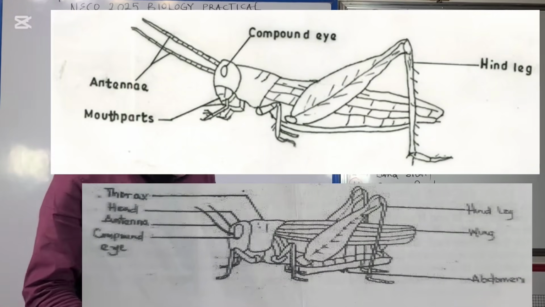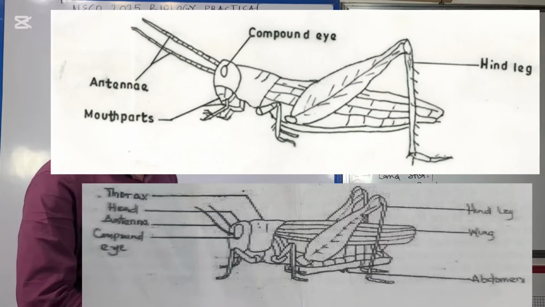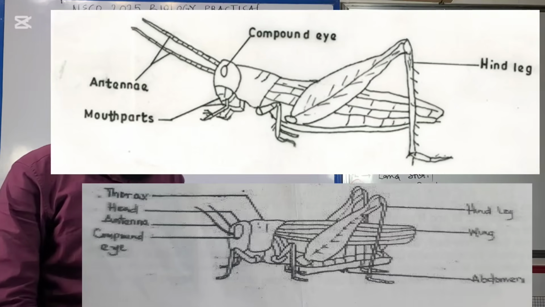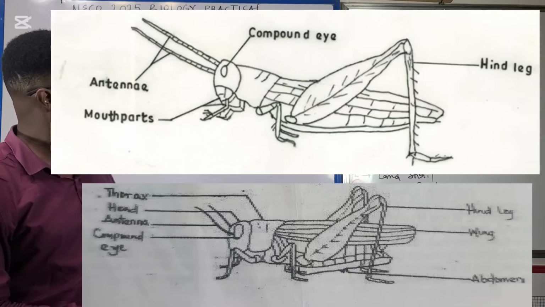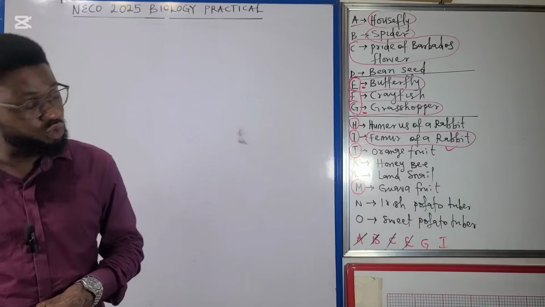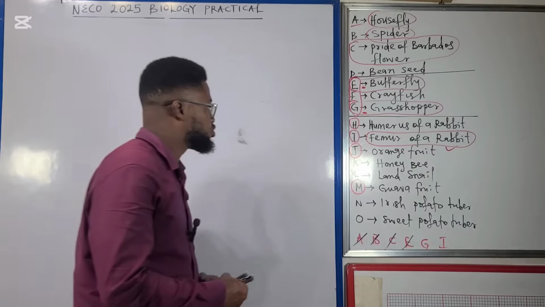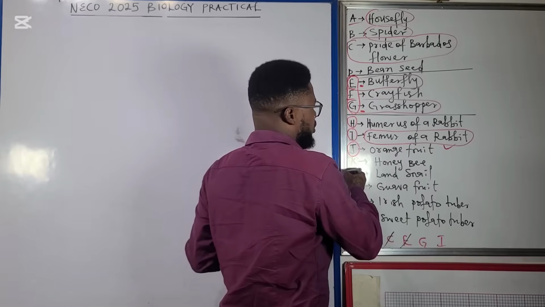You can see, look at it very well. All the parts you need to draw, you can pause the video at this point and take care of the drawing of specimen G. And last but not least, we'll be looking at the drawing of either H or I, but I think I favor